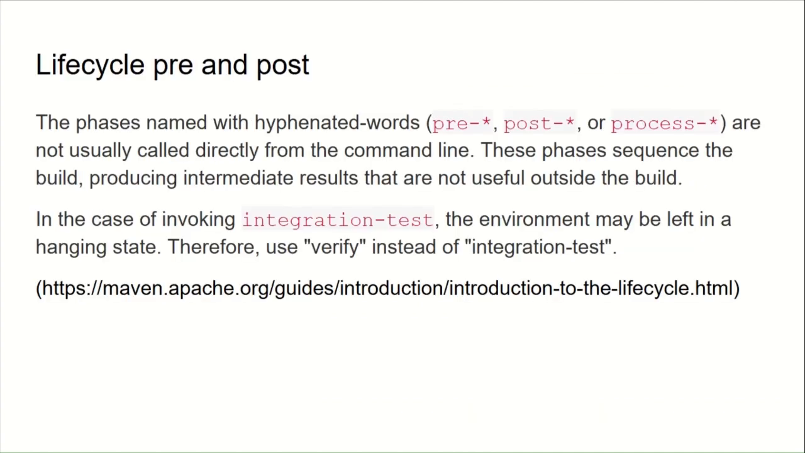This bit of text, I think, was important to point out. It's pulled from the introduction to the life cycle. The phases named with hyphenated words pre, post, or process are not usually called directly from the command line. These phases sequence the build, producing intermediate results that are not useful outside the build. In the case of invoking integration test, the environment may be left in a hanging state, therefore use verify instead